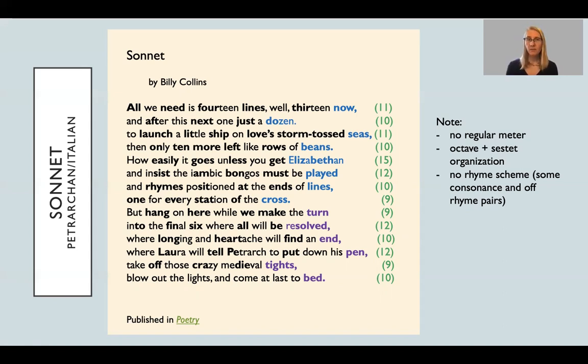Those are the number of beats per line. And if we remember Barrett Browning's poem, it was pretty much consistently 10 all the way down because she was using iambic pentameter, or 5 sets of 2 beats each, where it was unstressed, stressed. Here, you'll notice that there's variation in that because Collins is not setting up a very regular, specific meter. And there is not a specific rhyme scheme that's repeated.